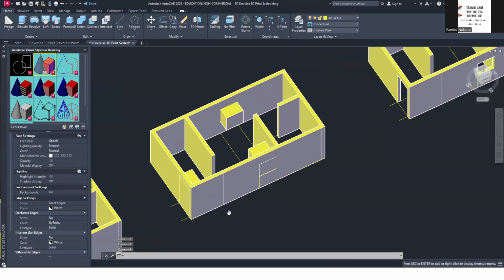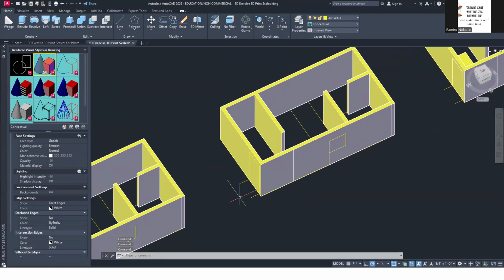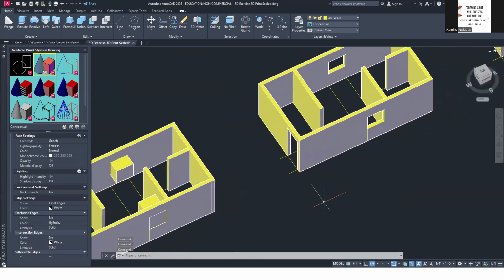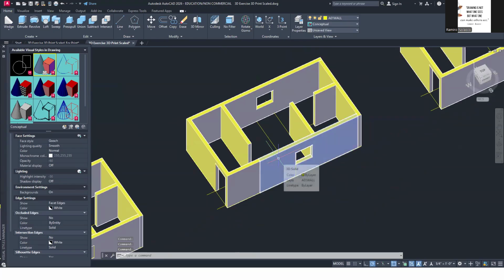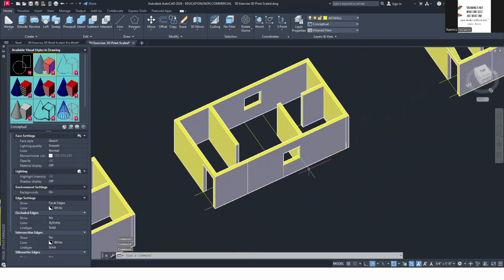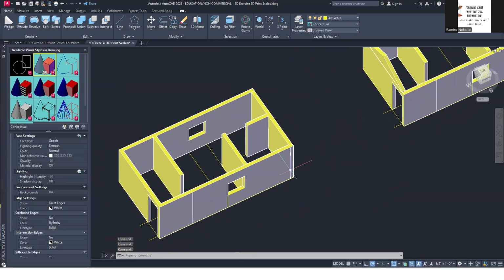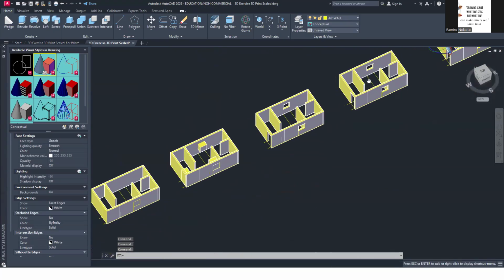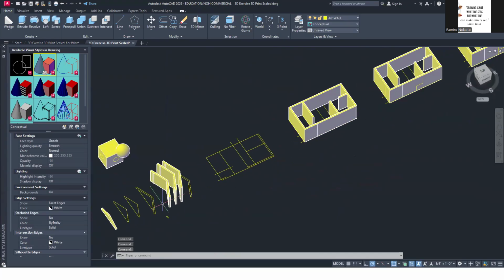Any question regarding that process? Copy from endpoint to endpoint, right? And then subtract. Okay? Once I've subtracted, now I have this. Now, the next thing that I want to do is to put this here. So I just extruded that.